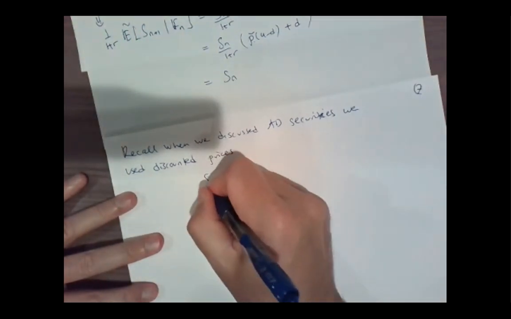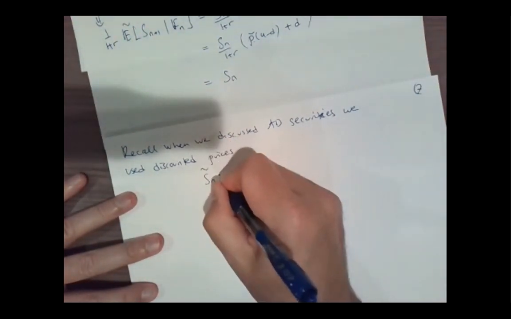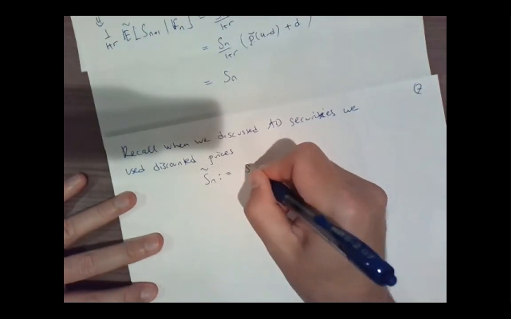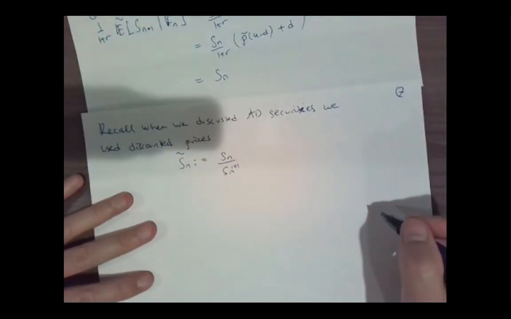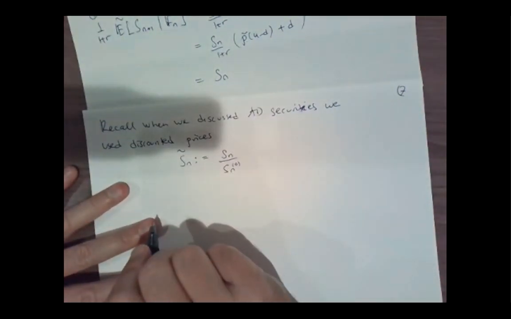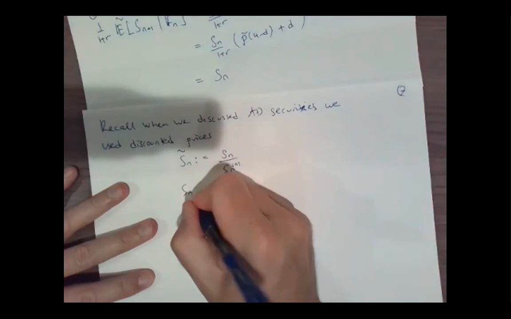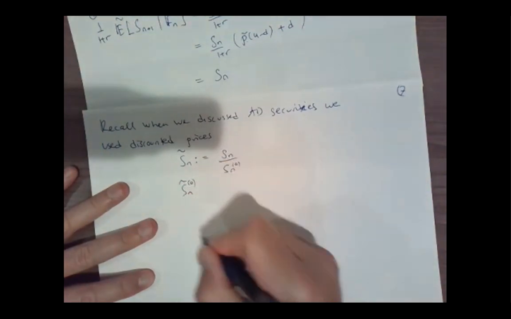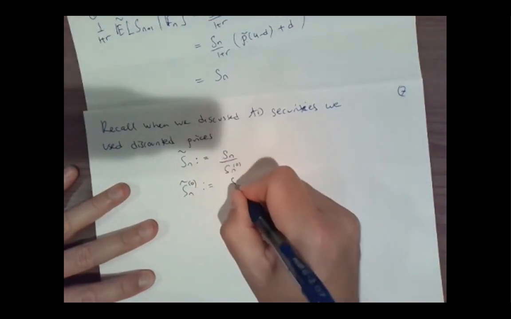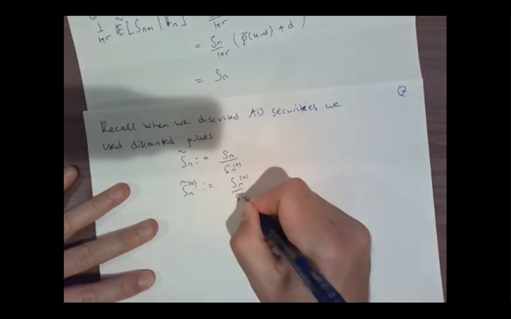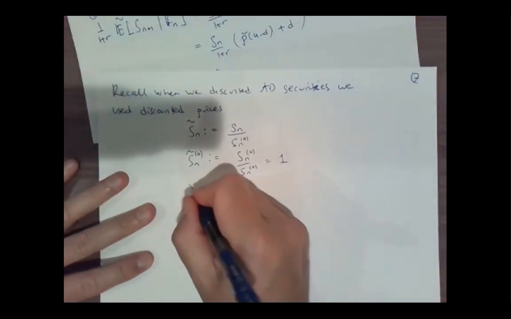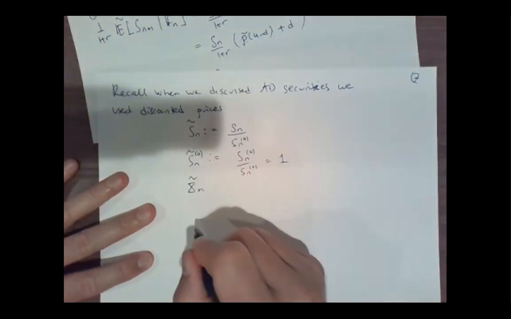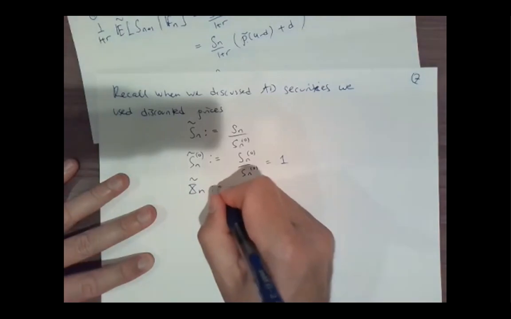We use discounted prices, so we would look at Sn tilde. This was Sn divided by Sn0. We would look at Sn tilde, say 0. That's easy because this is Sn0 divided by Sn0. This is a 1. And then the wealth, Xn tilde, this would be